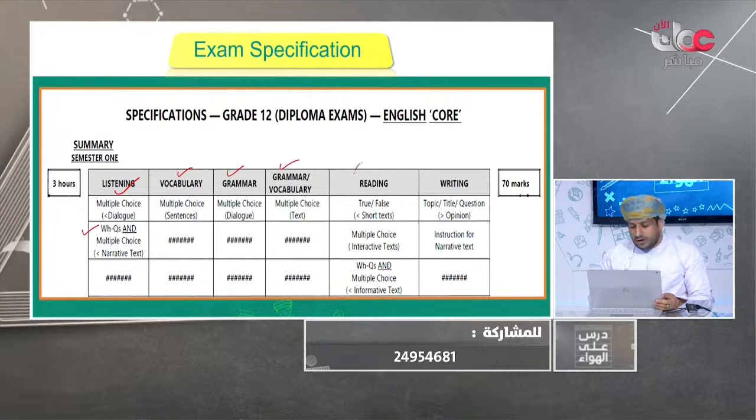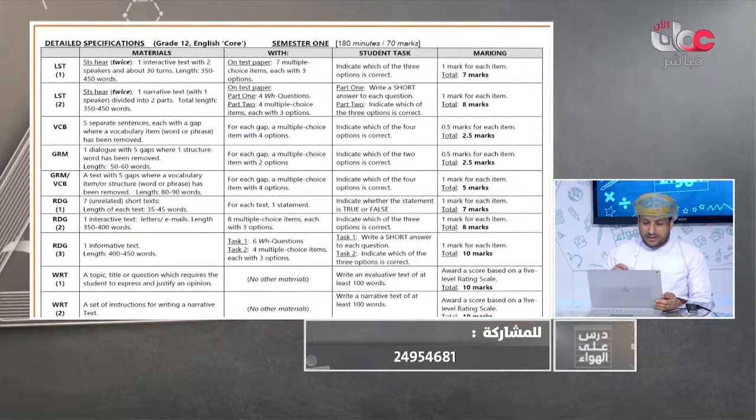All right. For the reading, I know some students might find it a bit difficult, but with practice, by following some techniques or strategies, you can find the answers for each question. And we will focus more on writing. The total marks for writing will be 20 marks, 10 for the evaluative and 10 marks for the narrative. The total marks for reading will be 25 marks. All right, so that's all about this specification. Now I will give you the details.